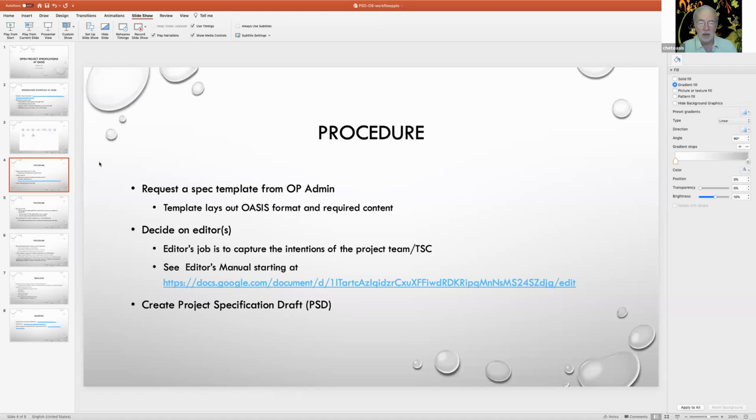We've got an editor's manual that the TAB put together. It's in a set of 4 Google Docs, starting with this one here. It talks about what the editor's job is and what we find works in terms of the protocol, or the working methodology for the editors.